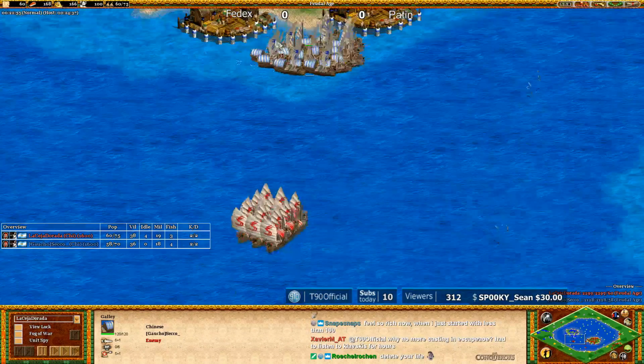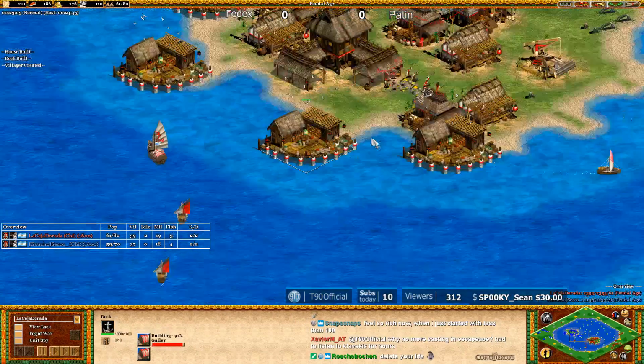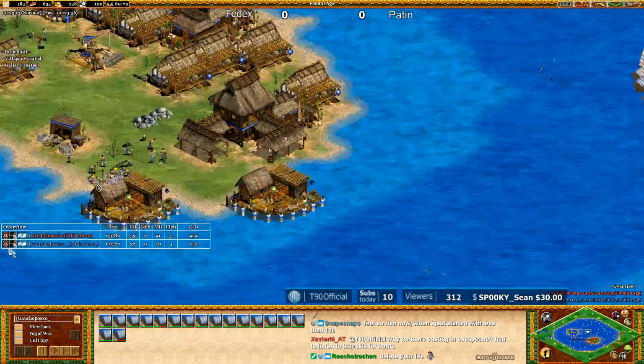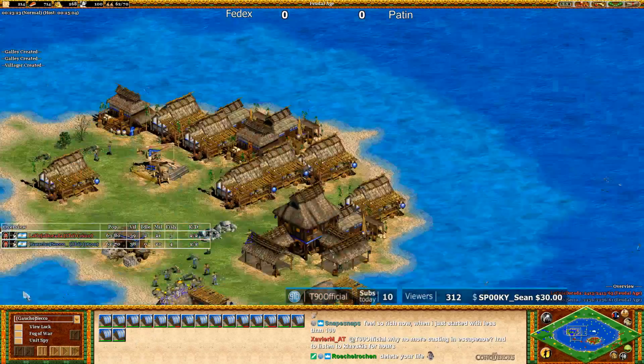38 villagers for Red, and 4th dock now from him. Okay. He really wants to win the water. And meanwhile, we're seeing a slightly different strategy from Blue, I think. Blue is not adding more docks, and it seems like he wants to get to the castle age. Yeah, he's definitely going...